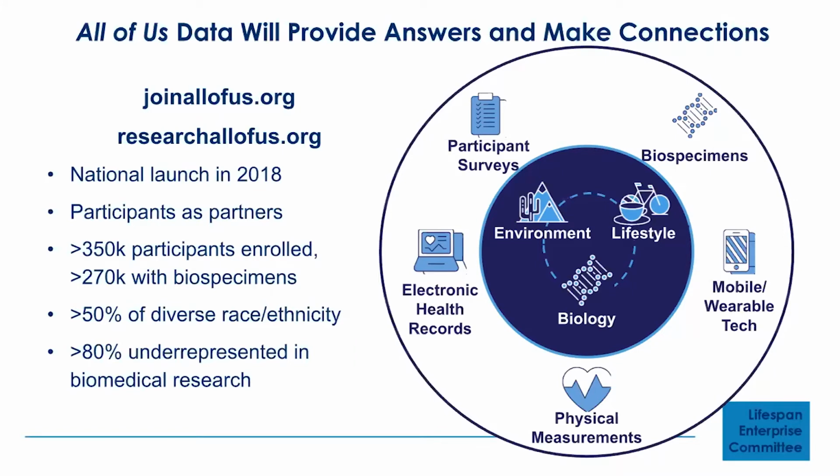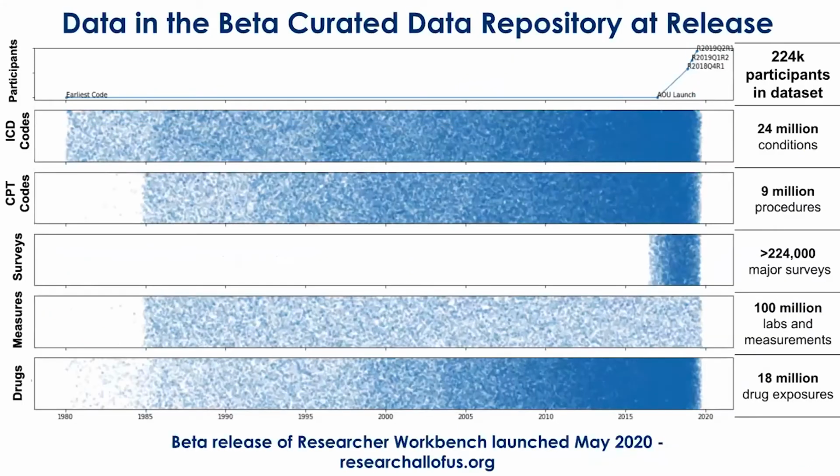Over 350,000 people have enrolled, including 270,000 that have contributed biospecimens, and over 50% of those individuals are of diverse race and ethnicity, and over 80% are underrepresented in medical research, which includes sexual and gender minorities. It includes people who live in rural locations, and people of varied education and socioeconomic status. Just like with other electronic health records, we have a wealth of longitudinal data on these individuals. This is our first data set that was released in May 2020 that you can now have access to through